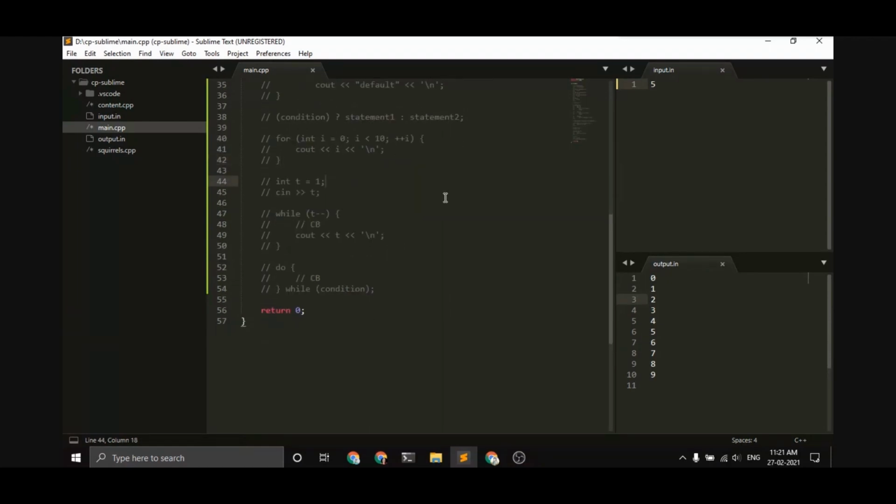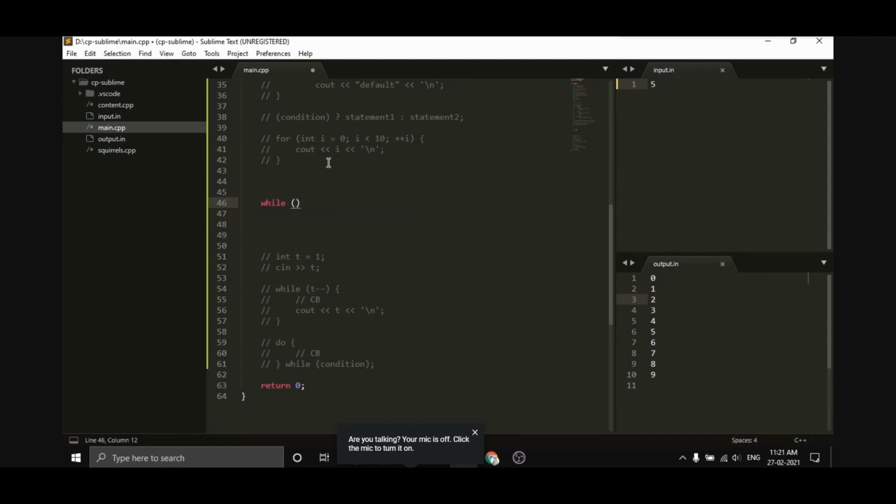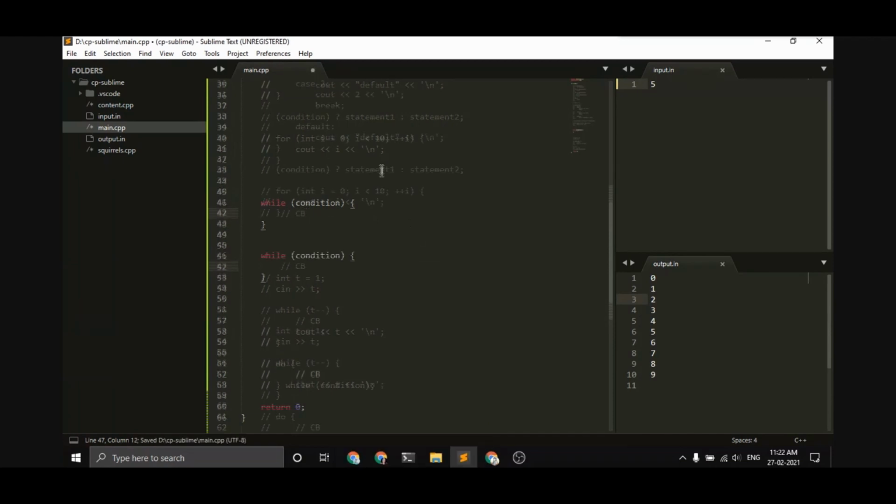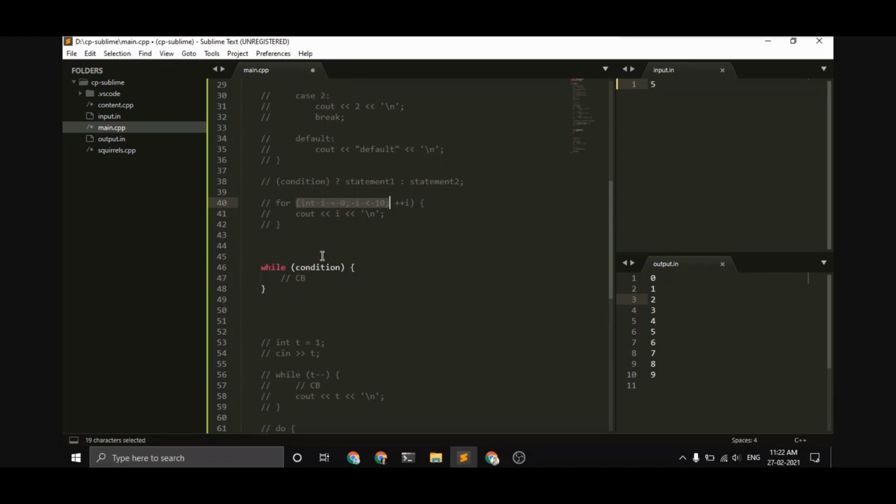Yeah, so the next one is the while loop. The syntax for the while loop is we write the keyword while and we have the condition here. And inside these curly braces, we write our code block. So the difference between the for and while loop is just that the while loop doesn't have 3 parts. We just have to pass the condition here.